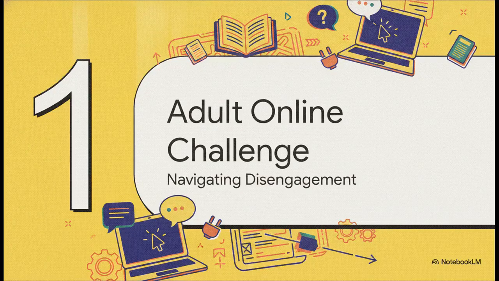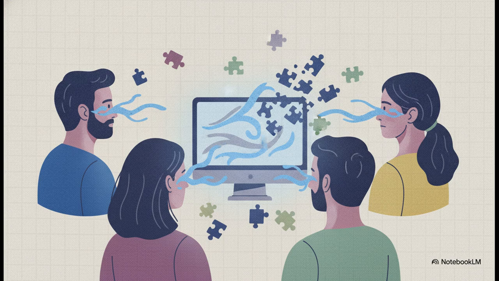All right, let's kick things off with Section 1, the Adult Online Challenge. We're talking about navigating disengagement in the virtual classroom. Look, in online classes, there's already this inherent emotional distance built right into the format, right? We're separated by screens, sometimes by thousands of miles. Acuna Solano points out that when we use irrelevant materials, like making a room full of professionals discuss something infantilizing, it creates what he calls a sudden draft of disengagement. It's like a chill just enters the Zoom room, and it quietly but completely destroys their willingness to participate.